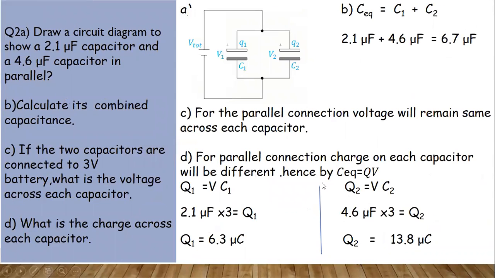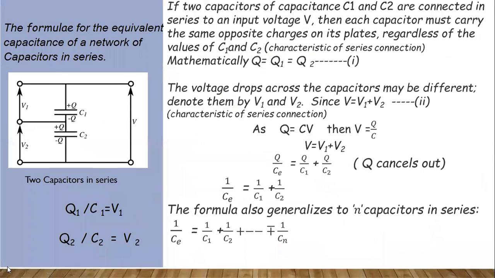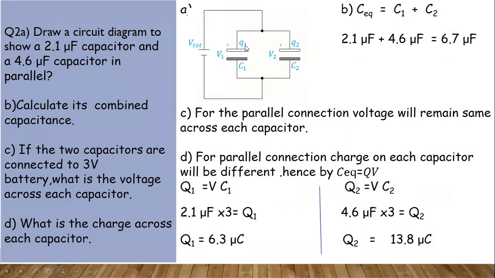Now the second diagram for the parallel circuit, you can see both are connected in parallel. This is your C1. The voltage on this will be V1, the capacitance will be C1 and the charge stored will be Q1. The other capacitor is C2, the charge on the second capacitor is Q2 and the voltage across the second capacitor is V2. We know that these two are directly connected to the voltage source, so V1 is equal to V2 is equal to V total that is supplied.